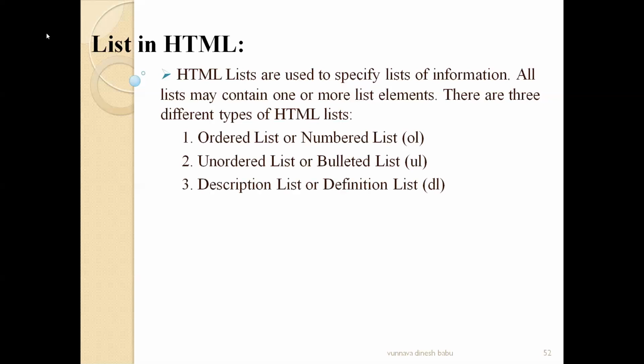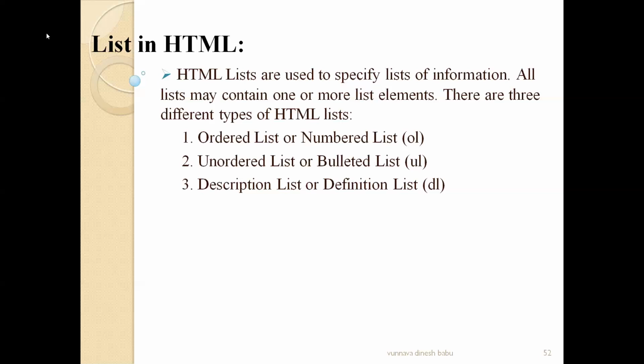And the third type of list is called a description list or definition list. A description list means there may be one main list. Under the main list, we can specify some sub list, and then we can have one more main list, and under that main list, we can specify one more sub list. So this is how we can display a description list or definition list on the web page. Don't worry about these three types of list. I will show each and every type of list and how they display on the web page with an example soon after the completion of this theory part. So let us see the theory part.